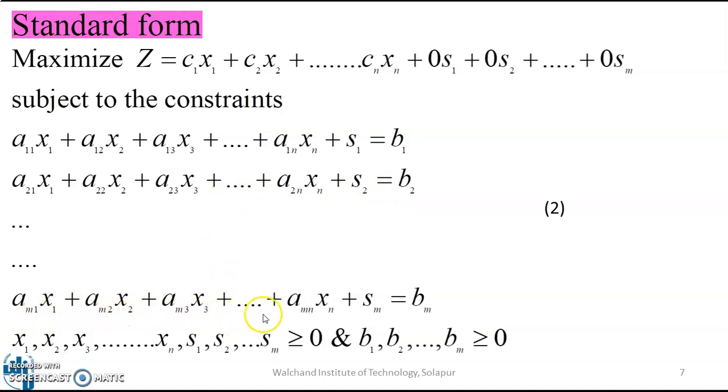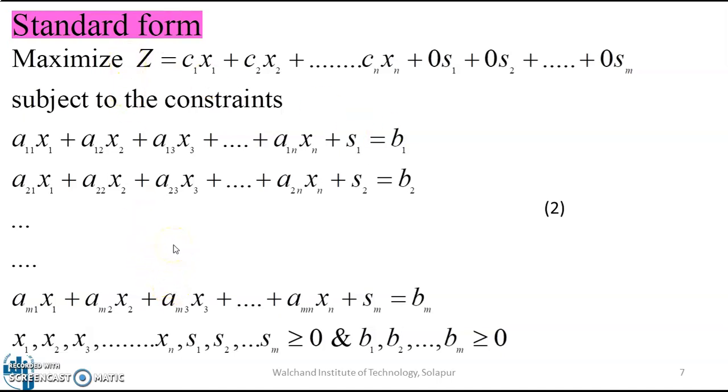In the last equation, we add a slack variable Sm so that we can convert that inequality to an equality. At the same time, we have to involve these m slack variables in the objective function with their coefficients 0. And one more restriction in the standard form is that all the right hand side coefficients must be non-negative. If some right hand sides have a negative sign, to convert them to positive we have to multiply that whole constraint by minus one. This is the standard form.